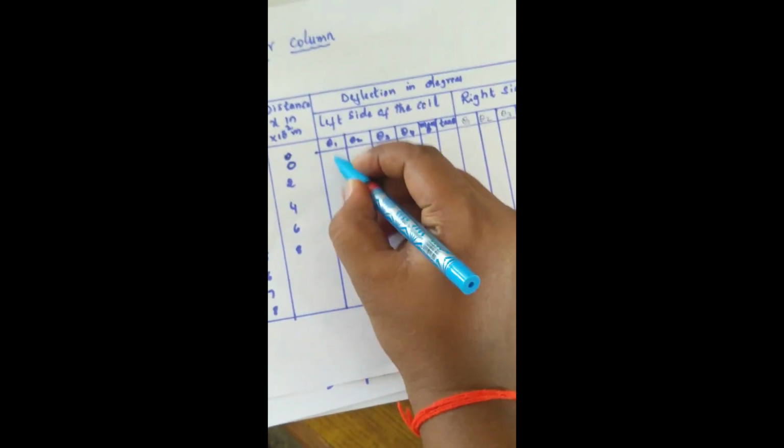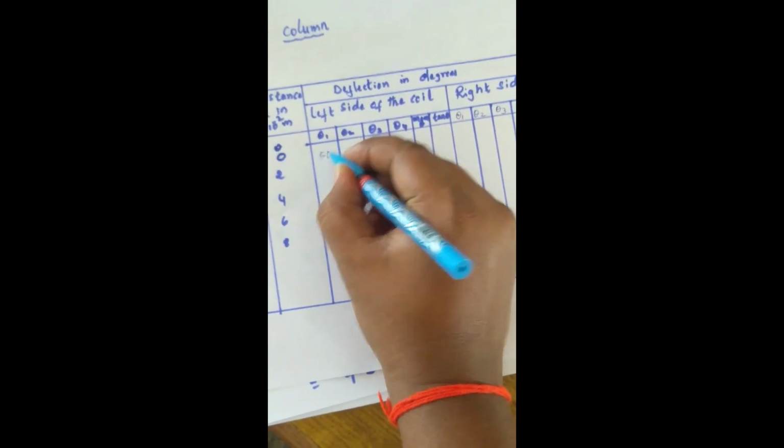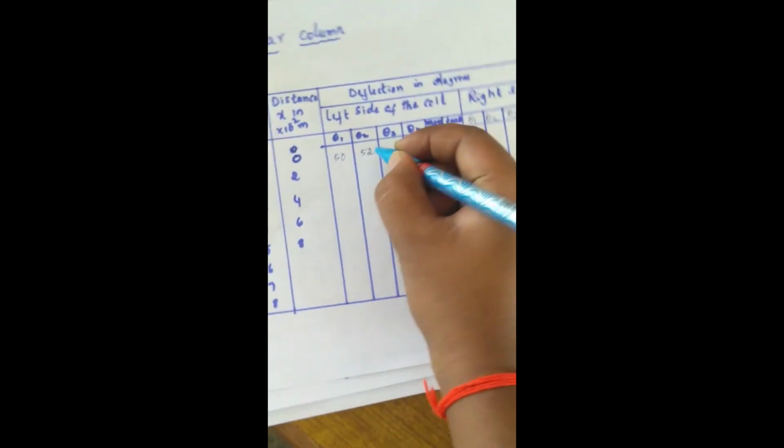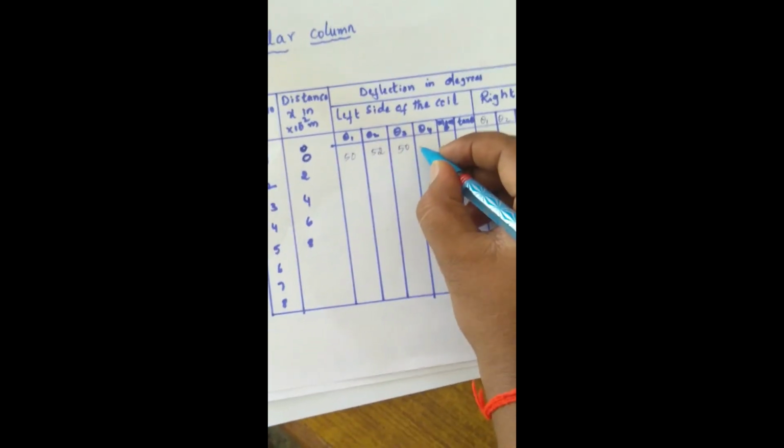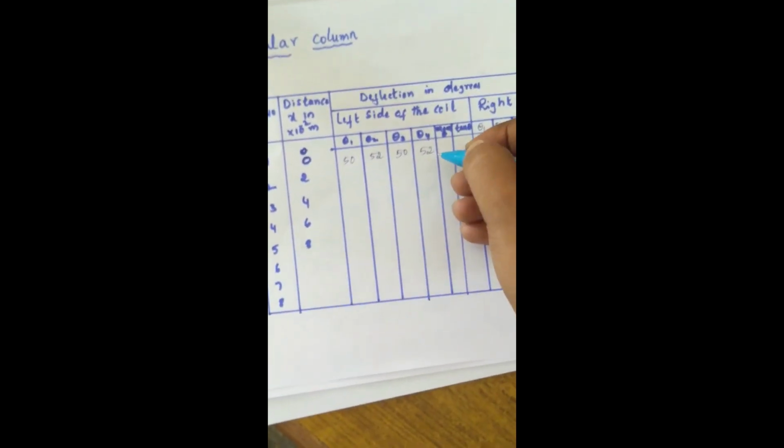Note down the readings in tabular column. So at x is equal to 0, theta 1 is 50, theta 2 is 52 degree, theta 3 is 50, theta 4 is again 52 degree. Then we can calculate